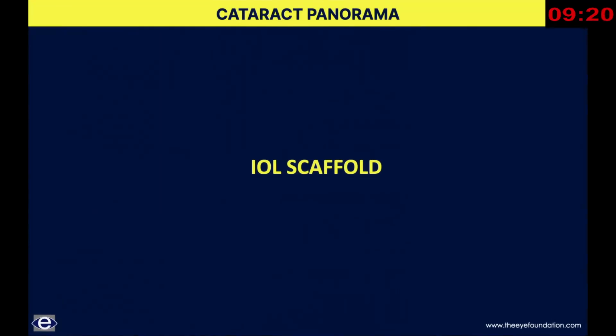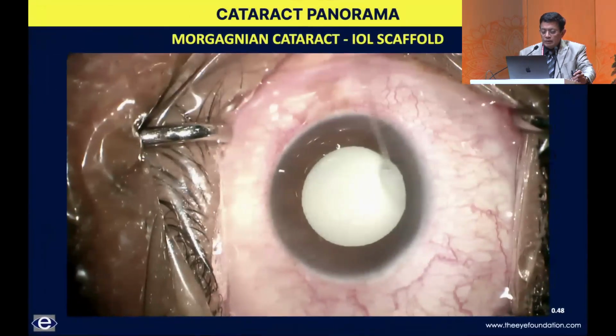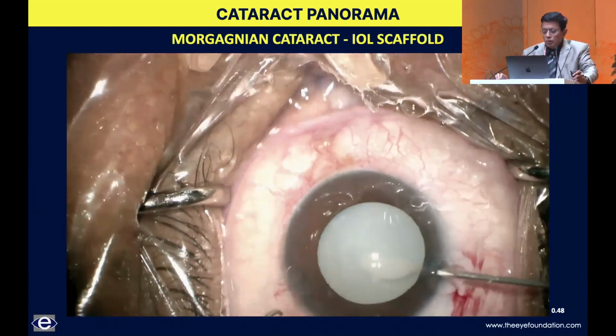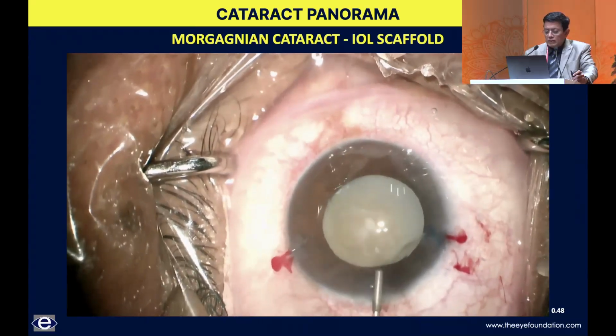So let me start off with my first case, and the person who introduced this concept of scaffolding is right here, Dr. Amar Agarwal. Of course, now we are using it for various different purposes. And this is just to show you a case where there is a Morgagnian cataract. As you know, in these cases, the moment you do a small puncture, immediately the viscoelastic,